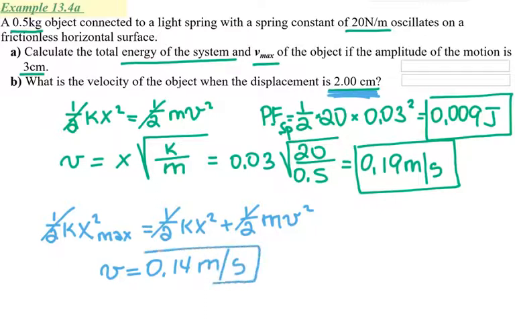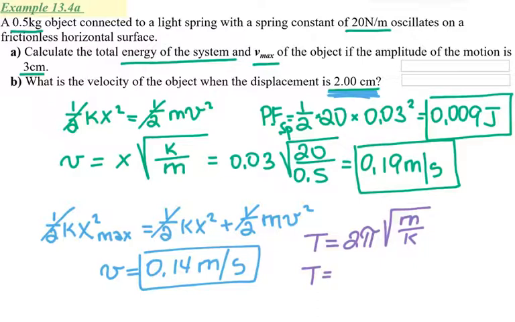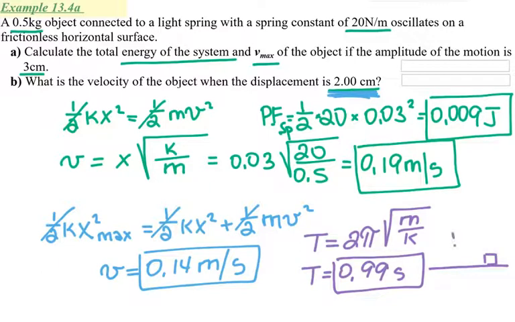They could also ask you to solve for the period of oscillation. So that would be a spring, so that's 2 pi, and then I have the square root of m over k. And if I plug in my numbers, I will get 0.99 seconds. And that means if you take a mass and you displace it from the equilibrium, it takes the mass 0.99 seconds to go there and come back under these conditions, the ones that they gave you in the